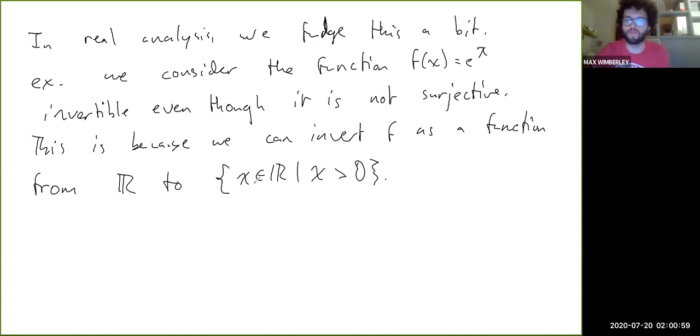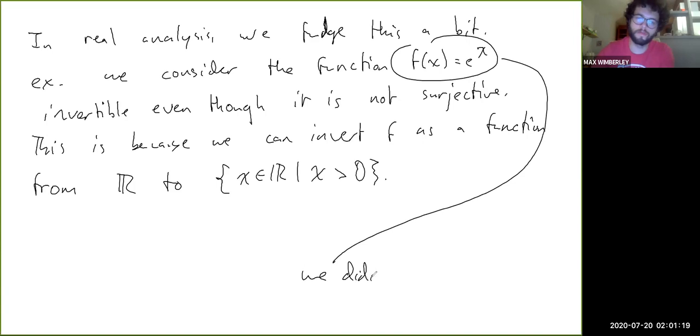So this is the true range of the function e to the x, right? So the fact that e to the x is injective means that if we just throw out all the values from the codomain, like let's say, here we haven't really specified,